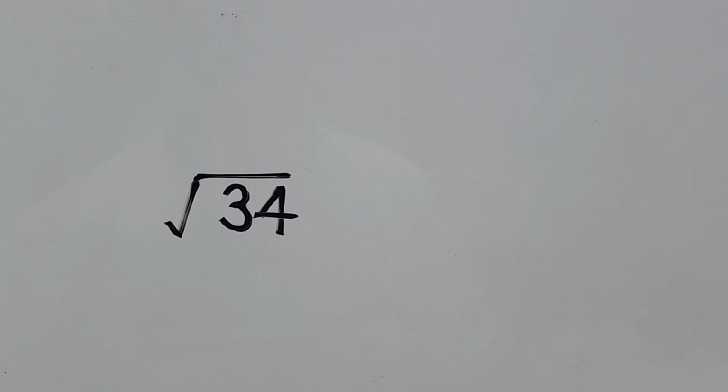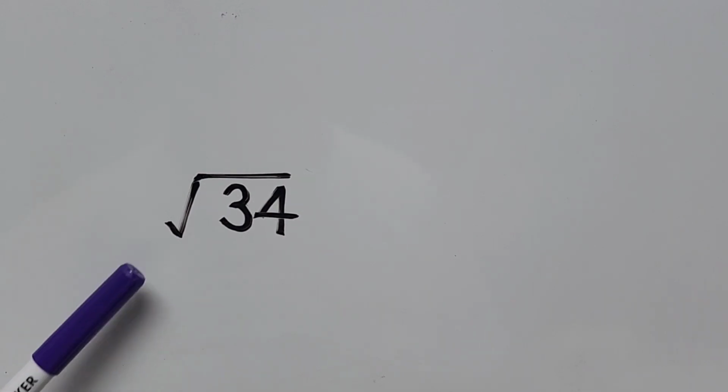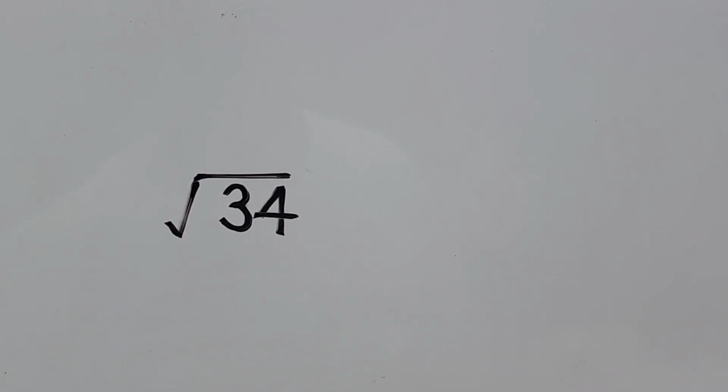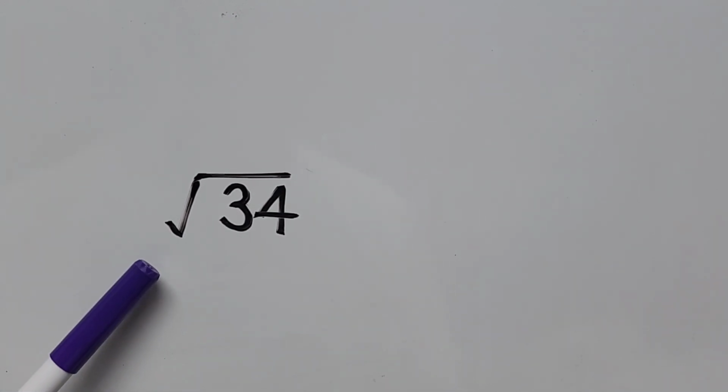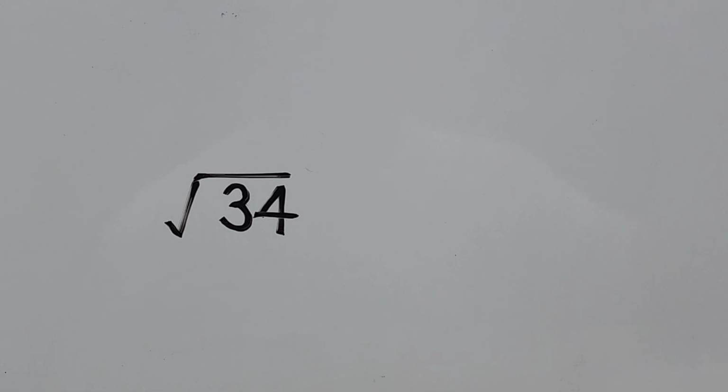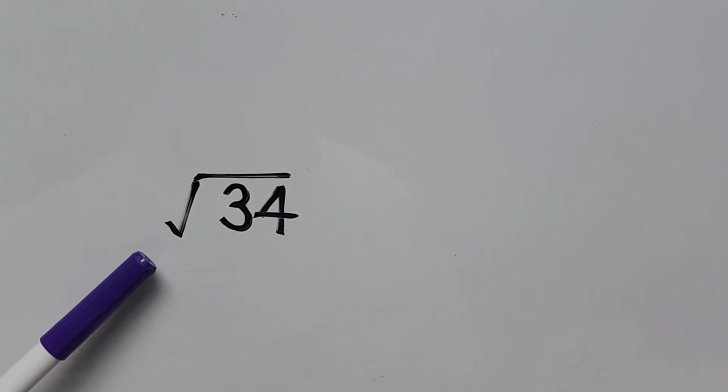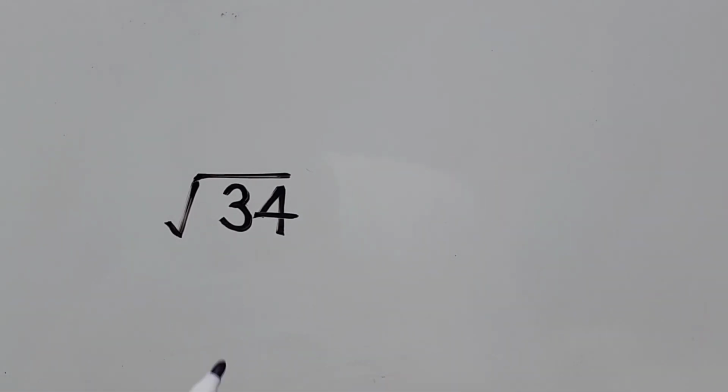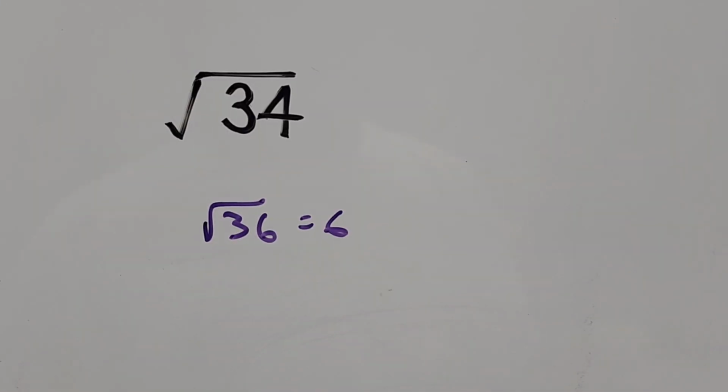So in order to find the approximate value of the square root of 34, we need a reference number where we can base the approximate value of the square root of 34. So this means that we're looking for the square root of the perfect square closest to the square root of 34. That's square root of 36, right? Since square root of 36 is 6. And the other reference number is 25, square root of 25,